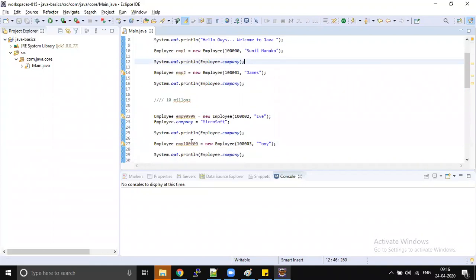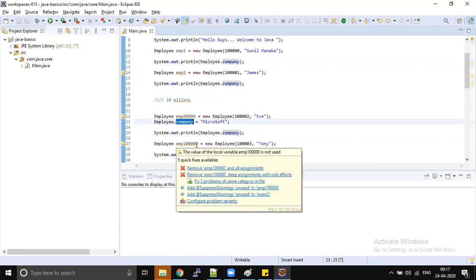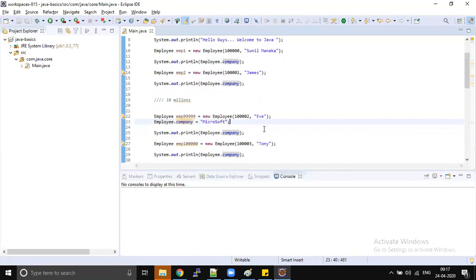But all of a sudden, after JVM executes this line number 23, in here it is line number 23, but when we write the real 99,000 employee, this is going to be some 1,50,000 or 1 lakh 200, 300 line number. Let's assume that at that point of time, JVM completes this statement. All of a sudden, for all these employees, the company name is going to be changed from Google to Microsoft. That is a huge change, a huge impact.